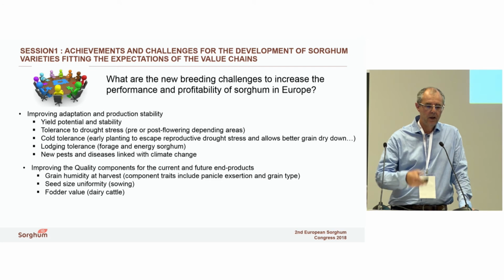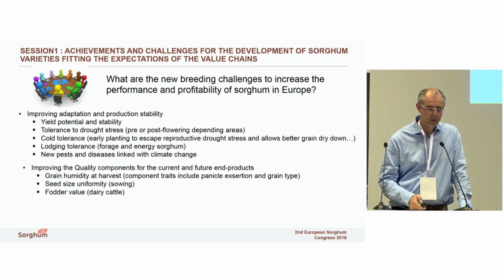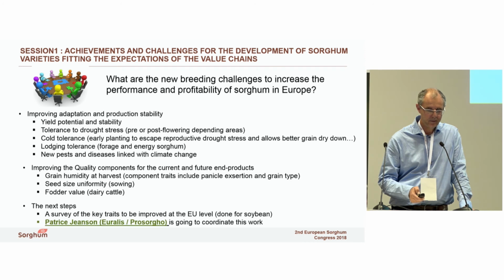It is very important to have a low wet rate during harvesting. It applies to the plant, to the grains carried by the plant. And we also talked about the size consistency in grains, which is needed to improve yield. And we also talked about fodder or forage quality for farming purposes